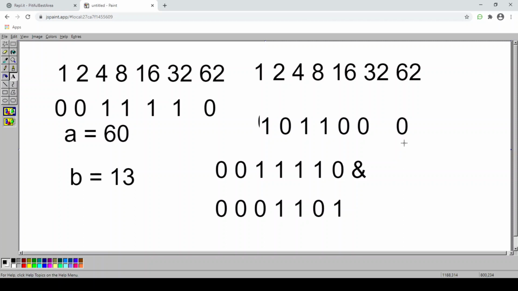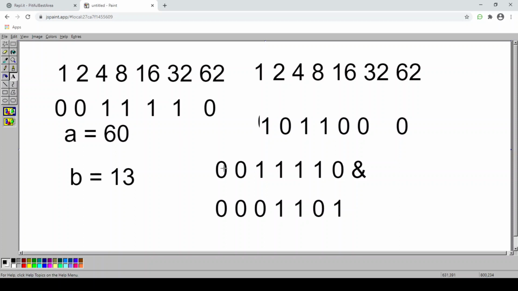Our first calculation will be the bitwise AND operator. What does this AND operator mean? We compare the bitwise value of A and the bitwise value of B. Here, 0 is a false value and 1 is a true value.